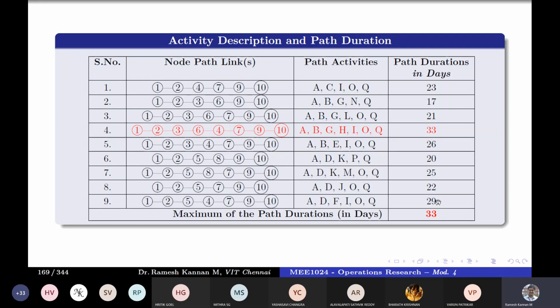Or in the other sense, if the non-critical path is delayed by 4 days, it will become 33, since 29 plus 4 is 33. So this also will become a critical path.